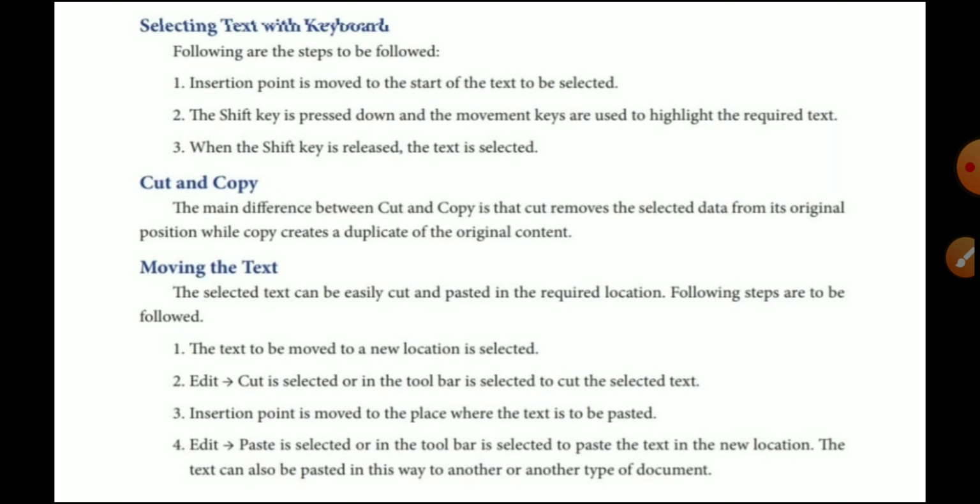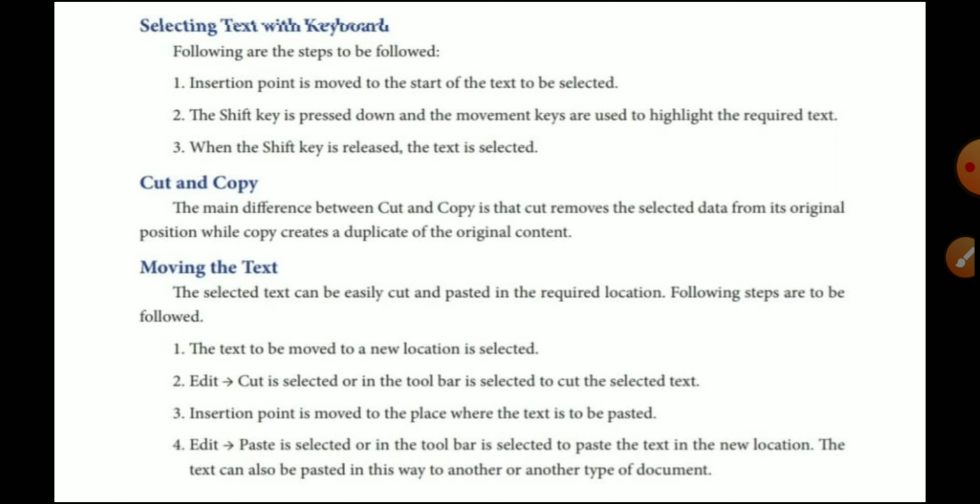Where I cut that text, it will not be visible in that place. Where I paste that text, only there it will be visible. That is called cut or moving. Cut or move, you can use both words.